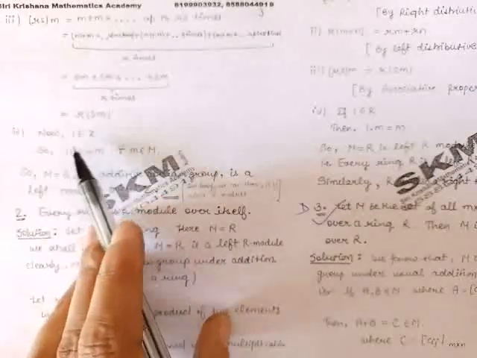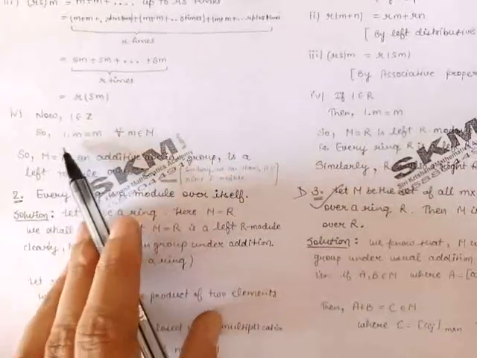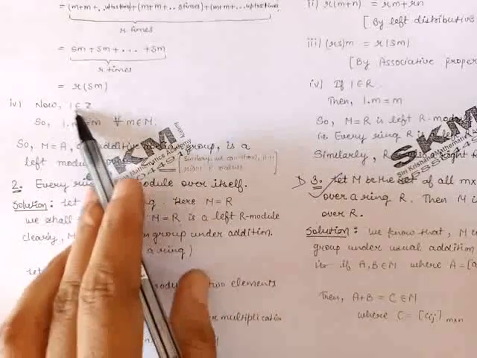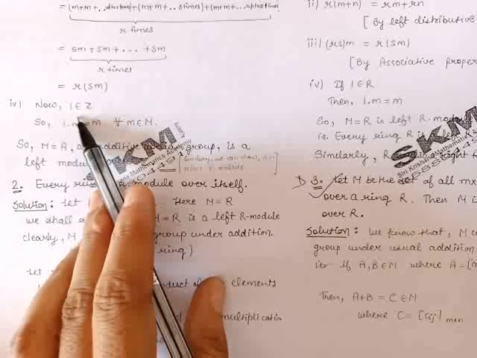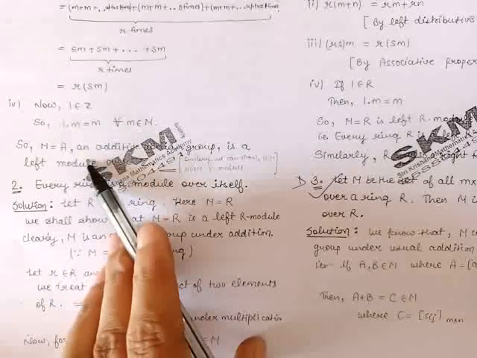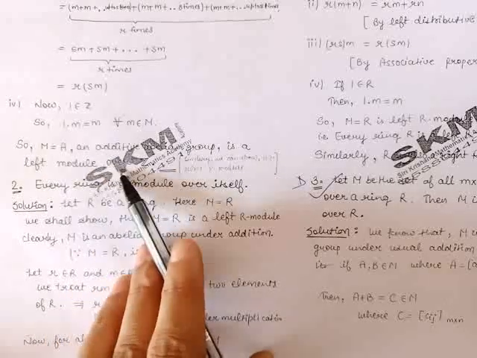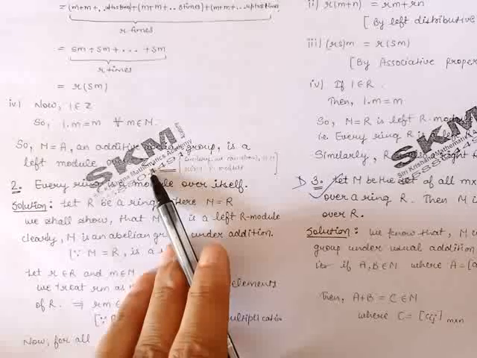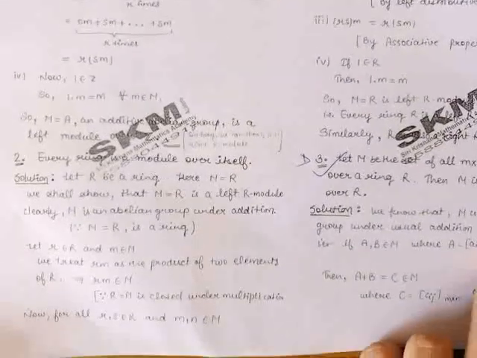Now because the identity element belongs to the ring of integers, and identity into M is M for every M belonging to M, all the conditions are satisfied. So we can say that M is a left module over the ring of integers. In the same way we can prove it is a right R module also. Now our next example is